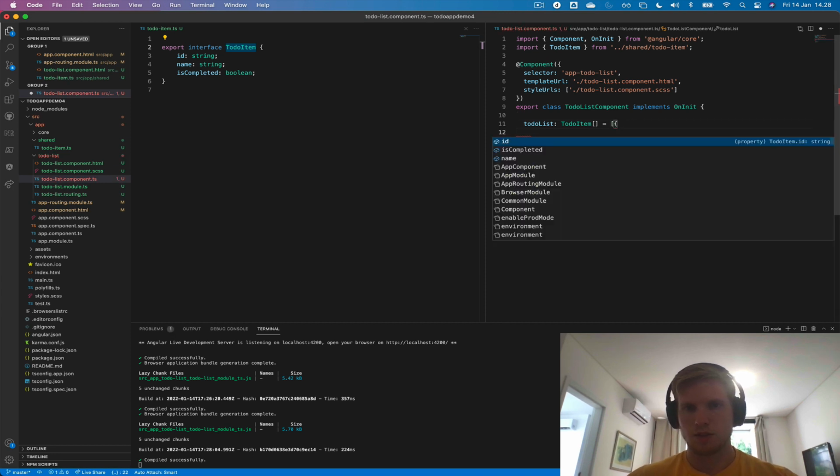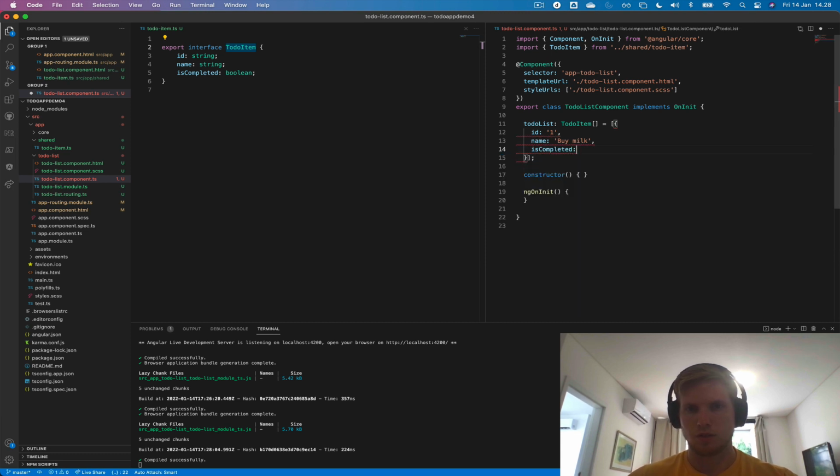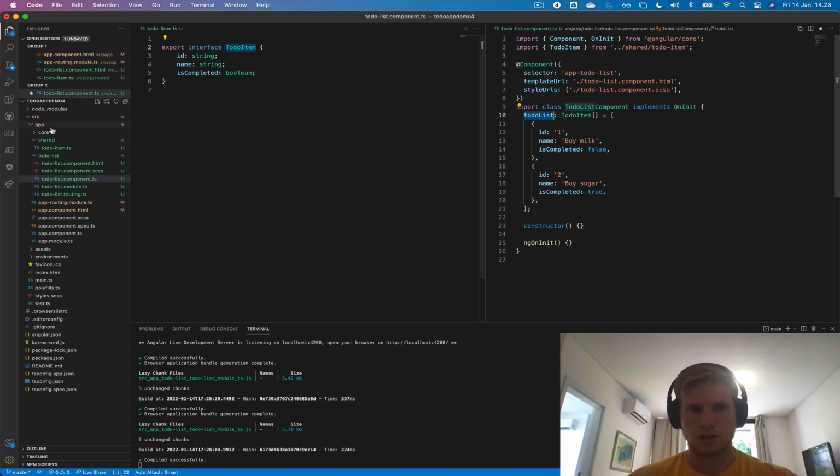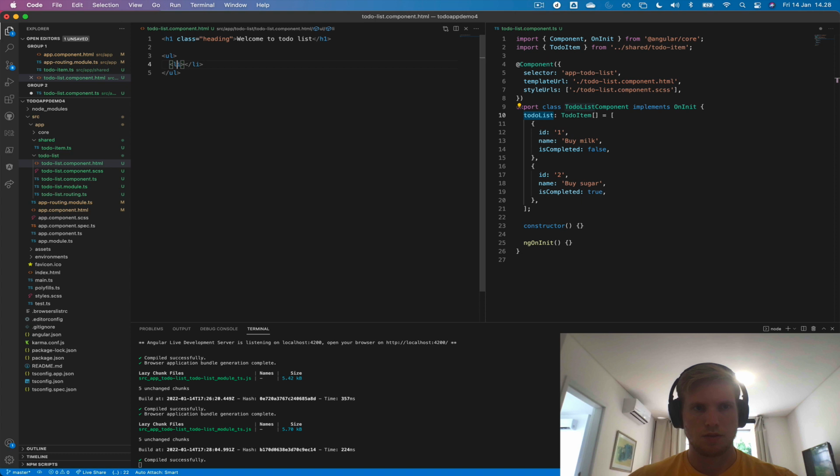So to begin with, let's just create two items. It's going to have ID 1. It's going to have the name buy milk, and then isCompleted false. And then we might have another item, which is item 2. It's going to be buy sugar, and that's going to be completed. And then this is going to go here,